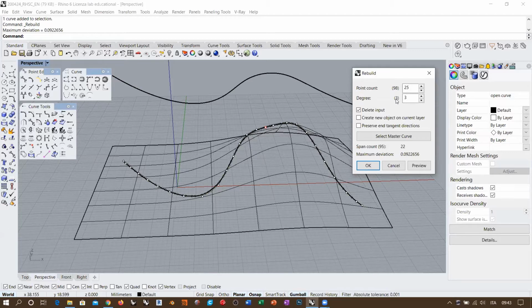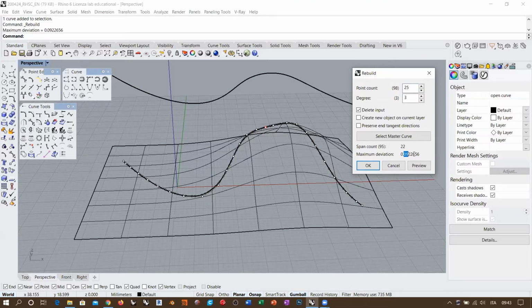Now, the redistribution of control points always deforms the original curve, right? So in this case, I am decreasing the amount of control points to a quarter of the original amount, okay? 98 to 25. The maximum deviation that I get is almost 1/10 of a unit,